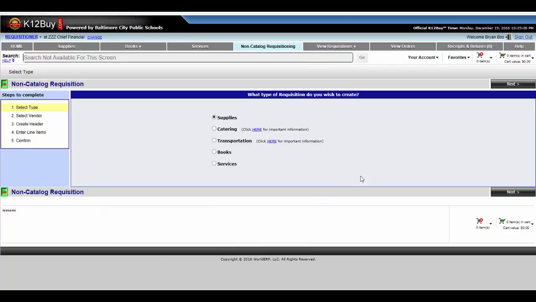The non-catalog requisitioning menu option is used to manually create a requisition by typing in the item or service information, rather than shopping from catalogs. Depending on your organization's requirements, there may be different types of non-catalog requisitions available to you. However, in general, there exists a non-catalog requisition type for each major category, which includes supplies, catering, transportation, books, and